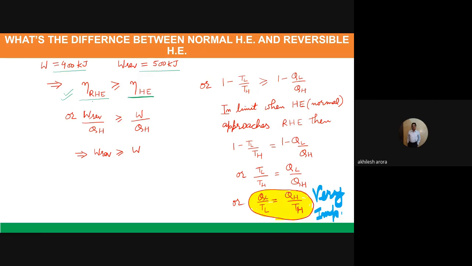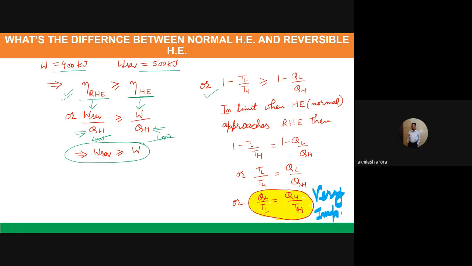Now what I have tried to do is I have written the equations for the efficiency of the reversible heat engine and the normal heat engine. So you can see I told you I am supplying the same amount of the QH, which was considered as 1000. So what will happen? This 1000 and this 1000 cancel out, and you are left with the W of the reversible heat engine is always greater than or equal to the work in case of normal heat engine. So you can see it here.